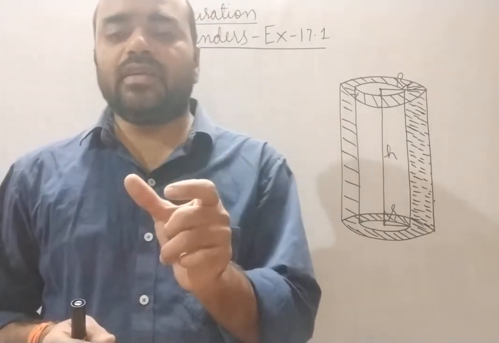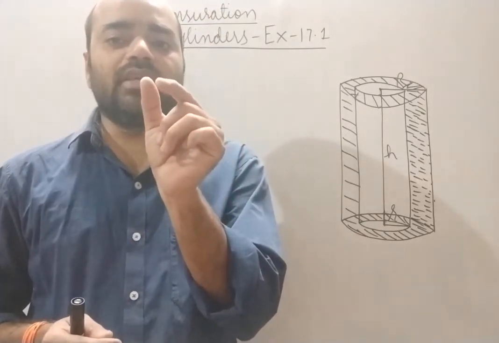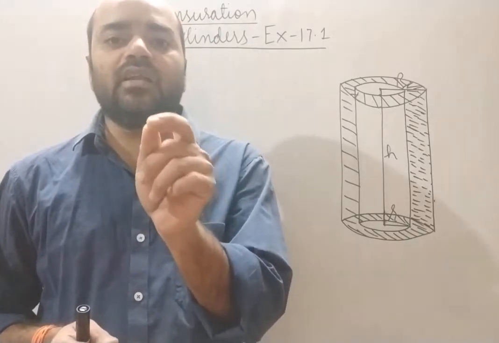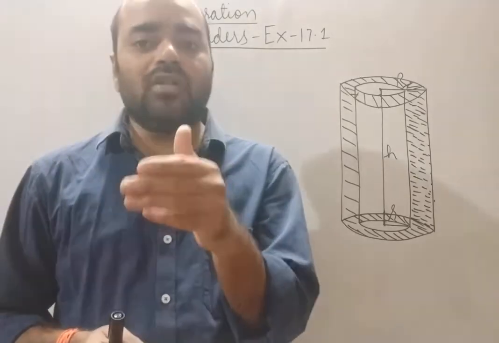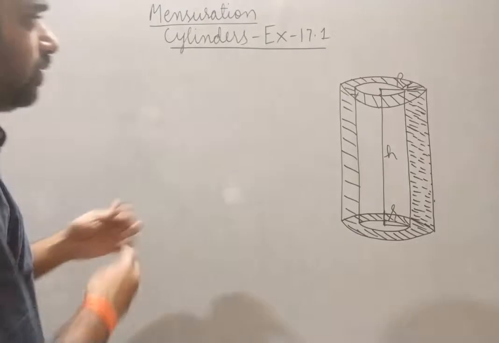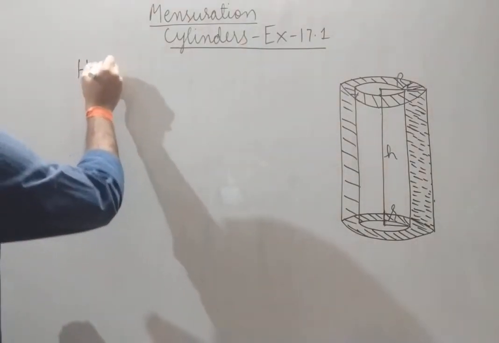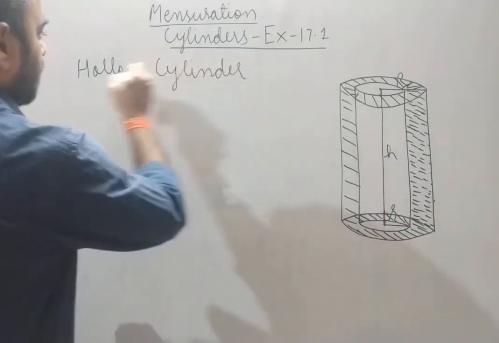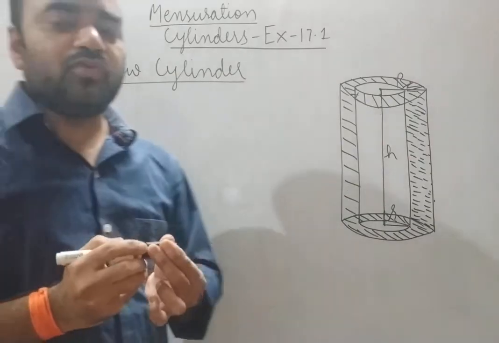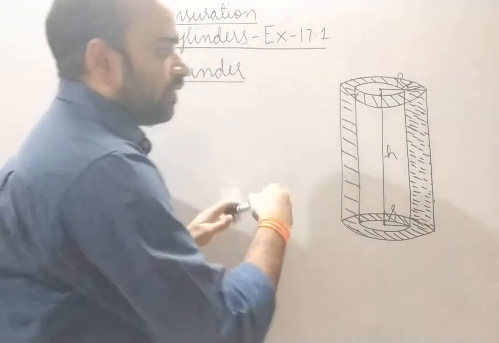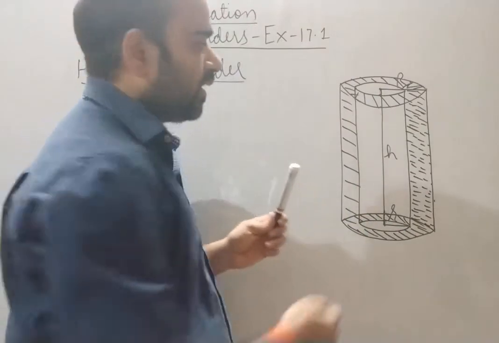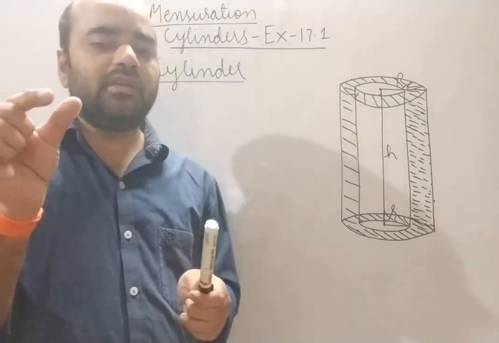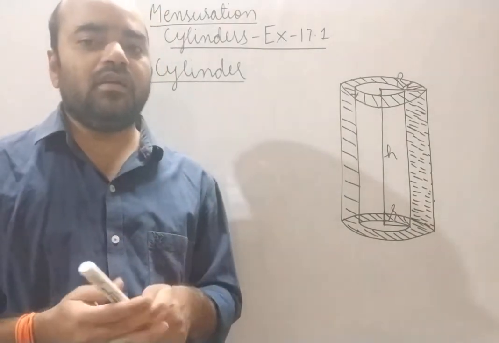Whenever you see a cylindrical pipe, there is some width or thickness. Maybe it is very small, but there is some width or thickness between the internal and external walls or faces. See, this is the hollow cylinder. Hollow cylinder means we have two cylinders. One is the outer one, the bigger one, and another is the inner one. Correct? There is a width between the inner and external face.